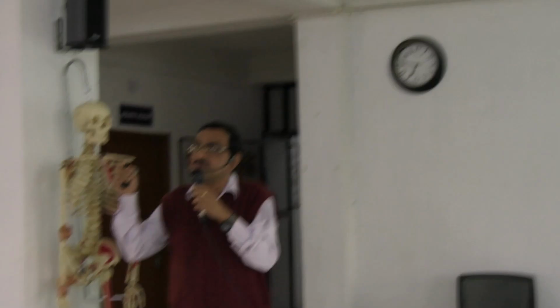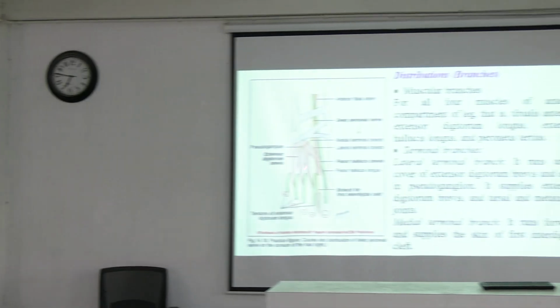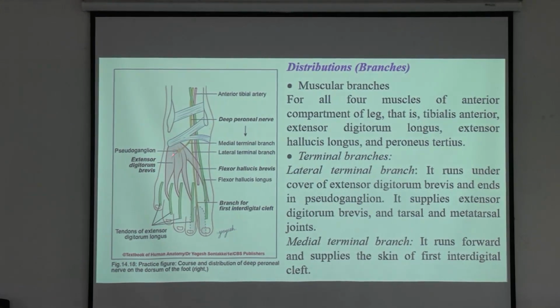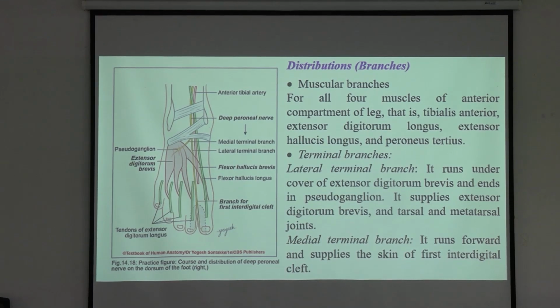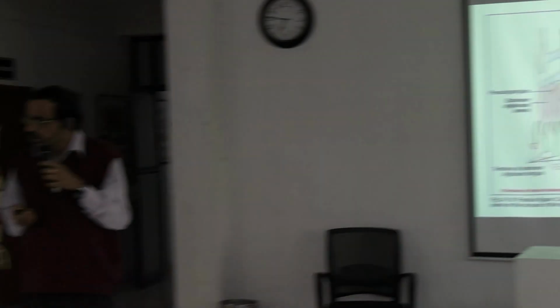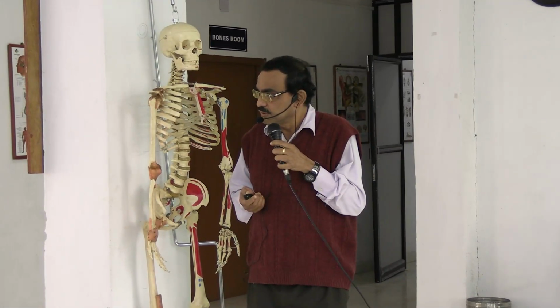Previously we have seen extensor hallucis longus and this is the extensor digitorum brevis, originating from the tarsals. Okay, tarsal bones, and it also divides into 4 tendons,